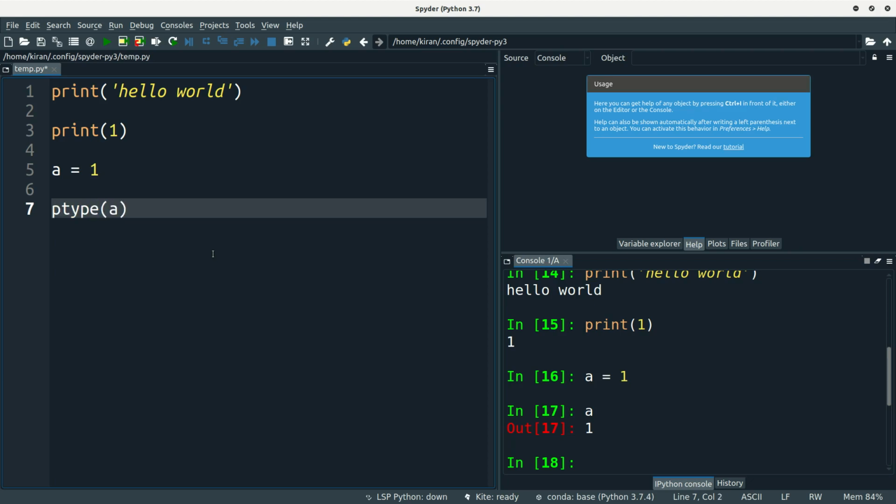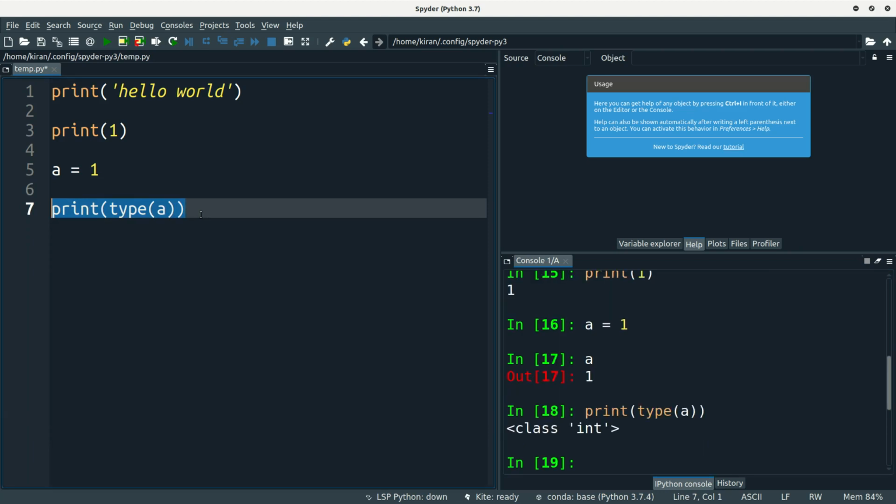For that you can type type of a. Before that I am going to print this item, so I am using open bracket and close bracket here for printing that information, and then I'm asking it to print type of a. Now I'm going to run this single line by using the F9 key.